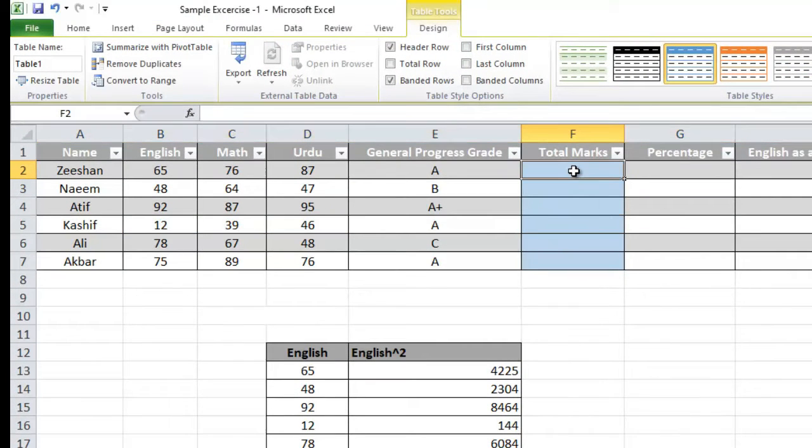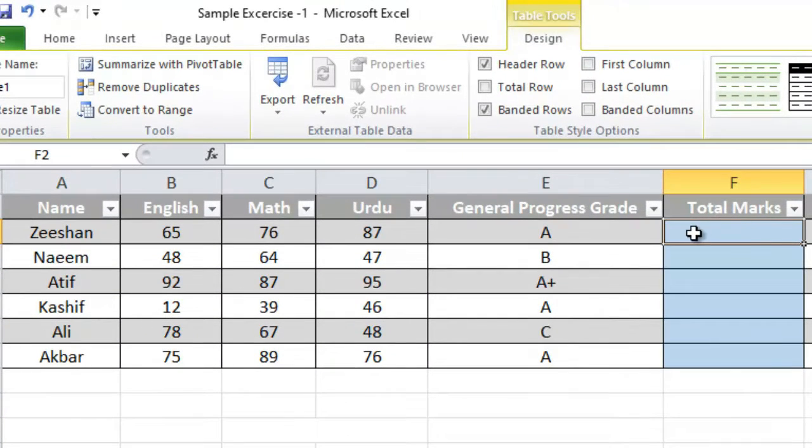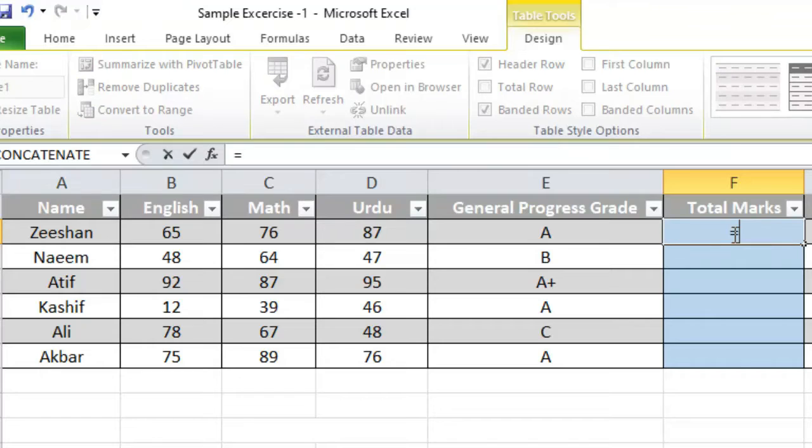Now in column F, I want to calculate the total marks that Zishan got in English, maths and Urdu subjects. So we will use a function to calculate this. First of all, I will write the equal to sign. Whenever you are going to apply a formula or function, you need to start with the equal to sign.